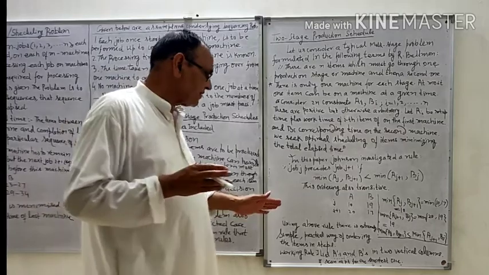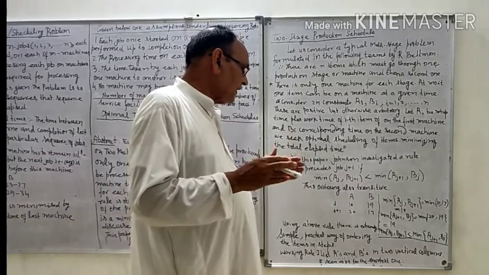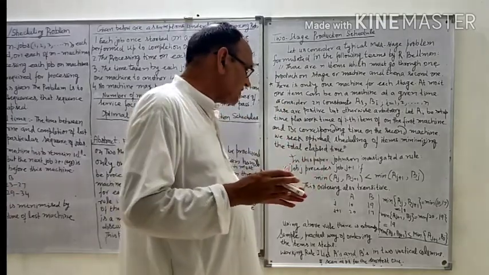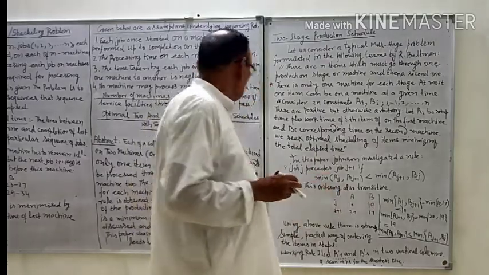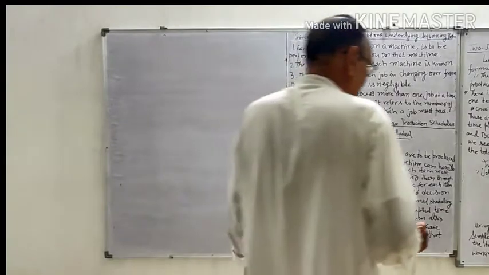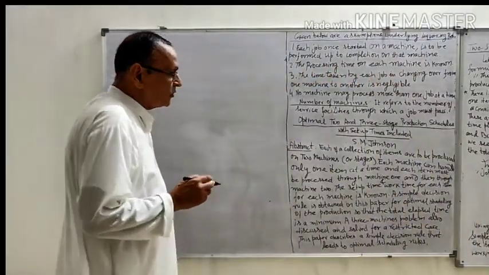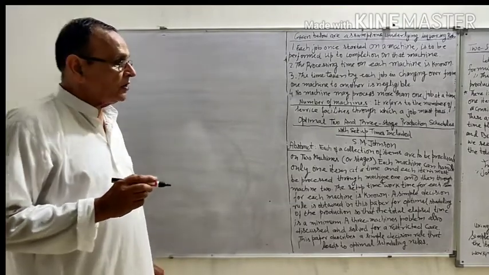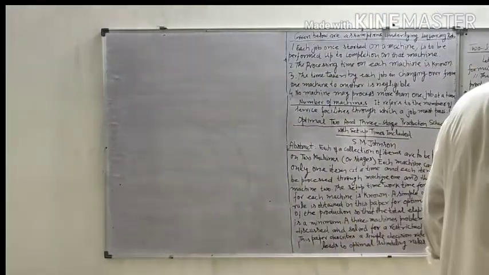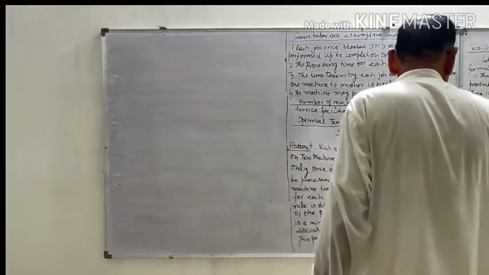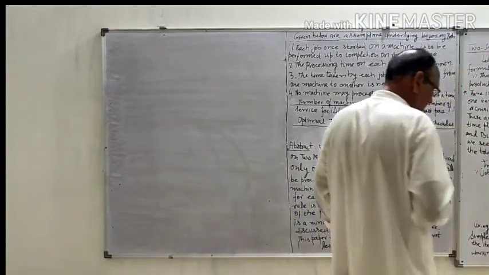First we have to list all the processing times for machine A and for machine B in two vertical columns. So now I will show you how the processing times are given for a two machine sequencing problem, processing times for machine A and processing times for machine B. Then Johnson has given in his paper.